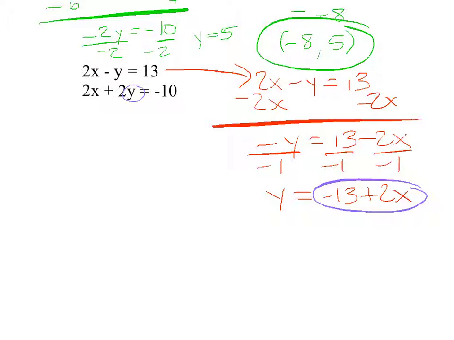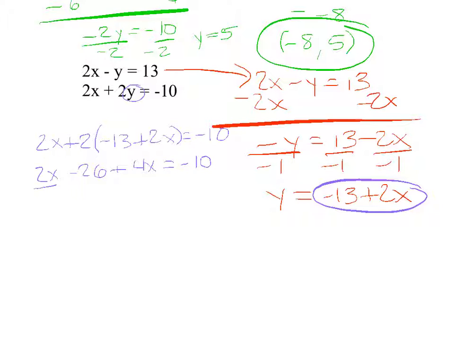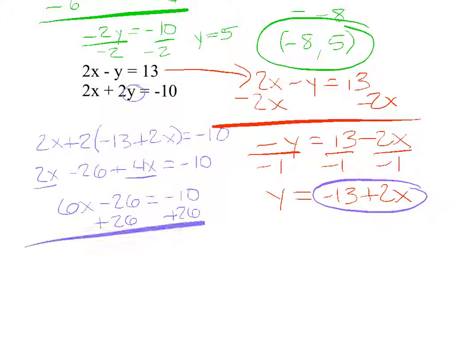So I rewrite it. I've got 2x plus 2 times, and now I'm going to replace the y with negative 13 plus 2x. And you need to be using your parentheses. So we have 2x minus 26 plus 4x equals negative 10. Combine my like terms. I've got 6x minus 26 equals negative 10. Add 26. 6x equals